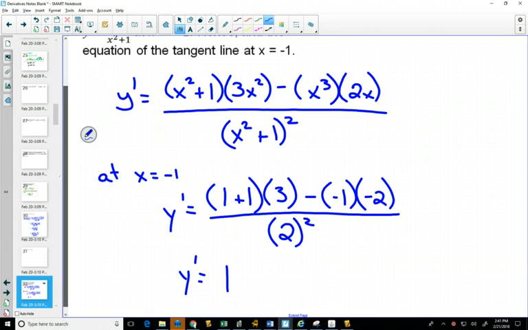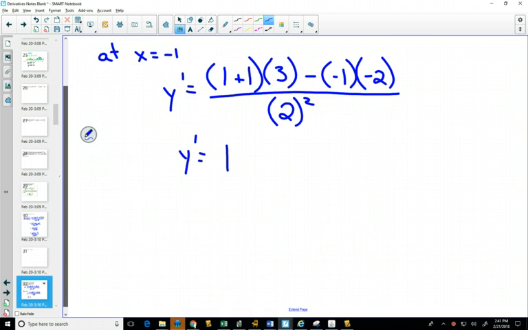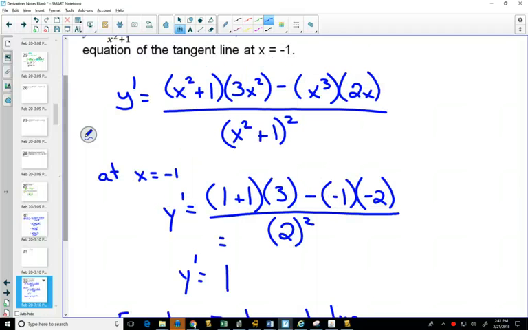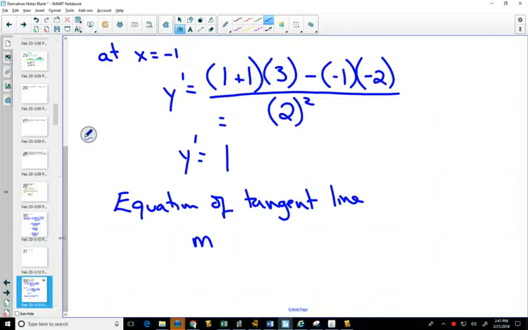Okay? How do we find the equation of the tangent line then? Well, we need to know a point on the line. We need 2 important pieces of information to find an equation. We need the slope, which we already know is 1. And we need a point